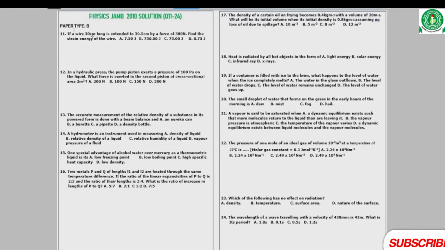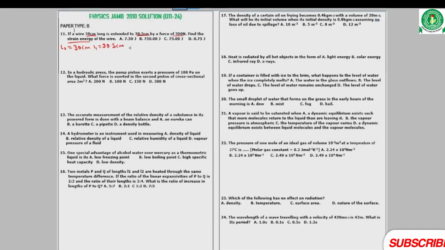So if a wire 30 cm long is extended to 30.5 cm long by a force of 300 Newton, find the strain energy of the wire. Now to calculate the strain energy of the wire, we are given that a wire 30 cm long is extended to 30.5 cm by a force of 300 Newton. Given that the initial length, L naught, is equal to 30 cm, and the new length as a result of the force applied is 30.5